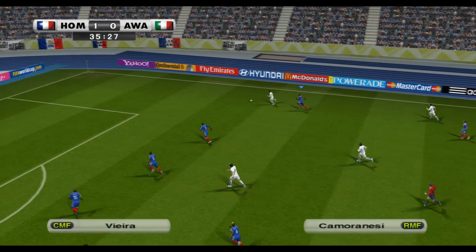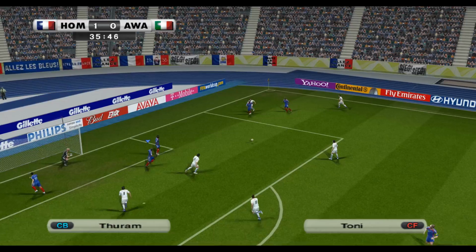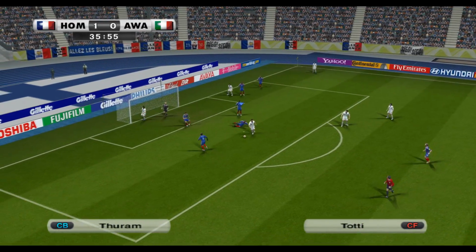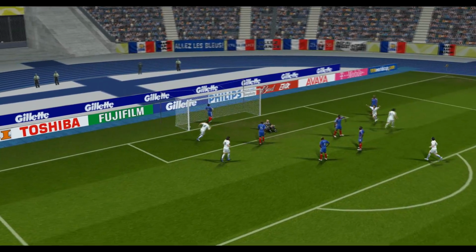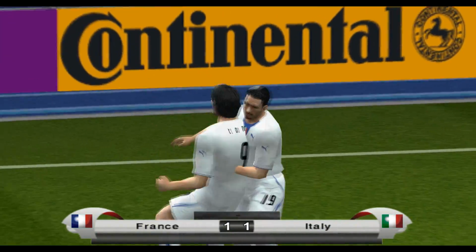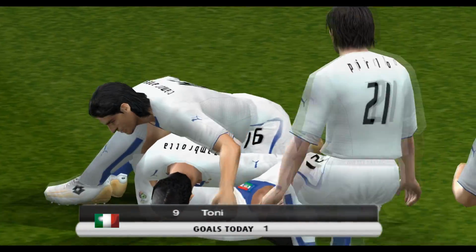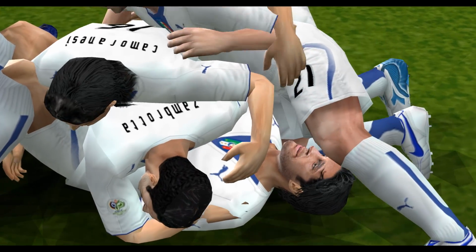Camoranesi gallops past Patrick Vieira now. Italian opportunity. Camoranesi is low into Toni. Oh, nice flick onto Totti. Back heel to Luca Toni, he buries it. 1-1. And who else would it be for the Italians but Luca Toni? And again, it's another collaboration between himself and Francesco